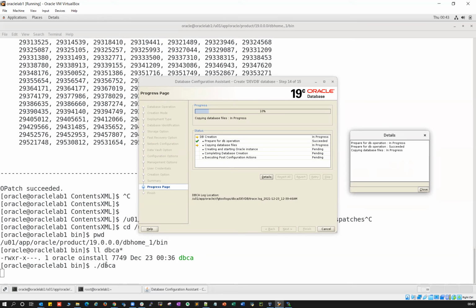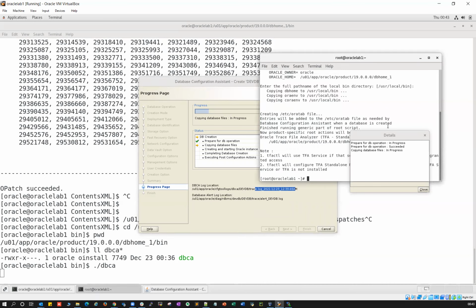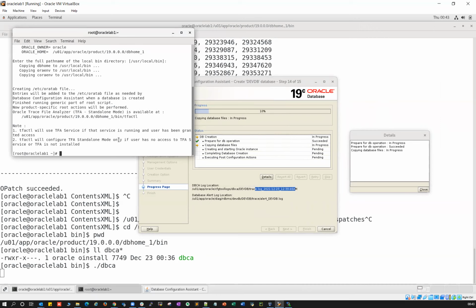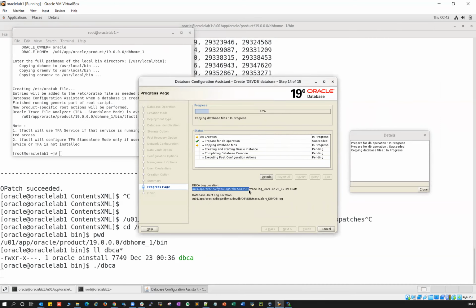You can go ahead and check the log file here, under cfgtoollogs, dbca, and trace. That's the log file, and this is your database alert log. You can go inside this alert log or the database installation trace files and then tail them. I always recommend, to most of you, really everyone, to always tail the log files. So these are your trace files.